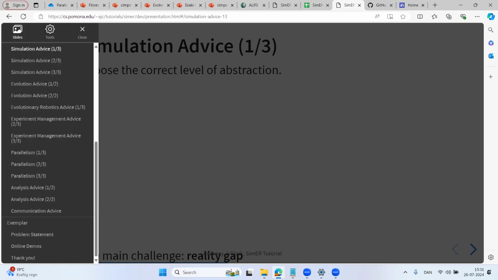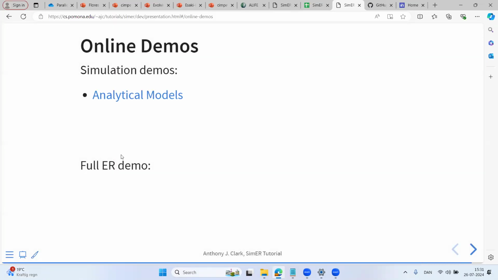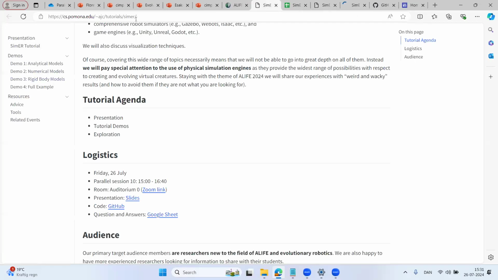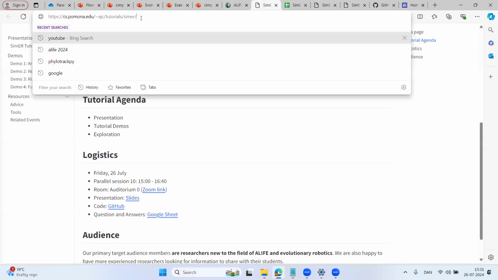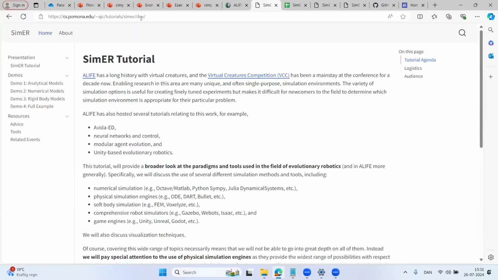So I restructured it for being tired, but instead I'm going to have you now jump to the first online demo here. So if you go to the second to last slide and click on analytical models, you can also click on it by just going to the website. And again, I'm going to ask you to go to the dev version I created because I didn't want to break the original version. And again, you can click on Demo 1 Analytical Models.